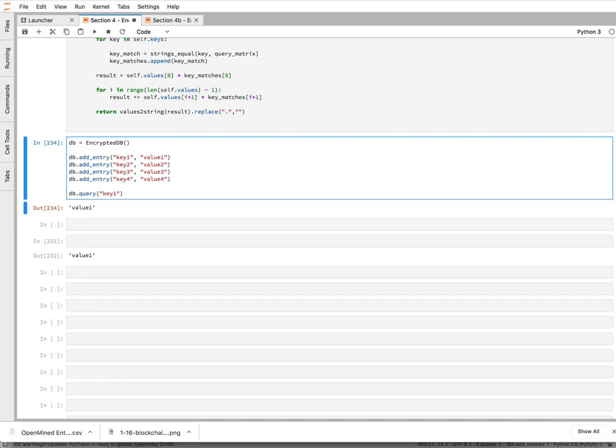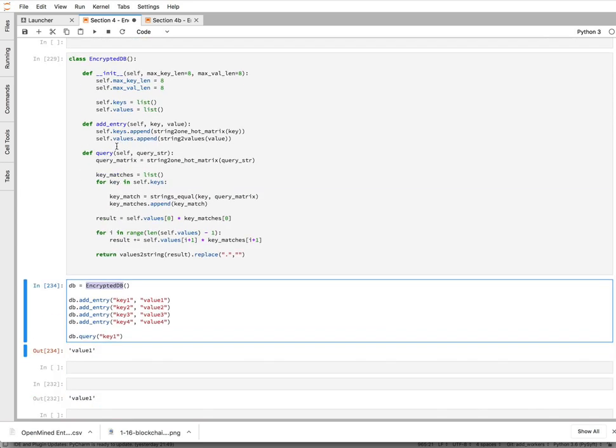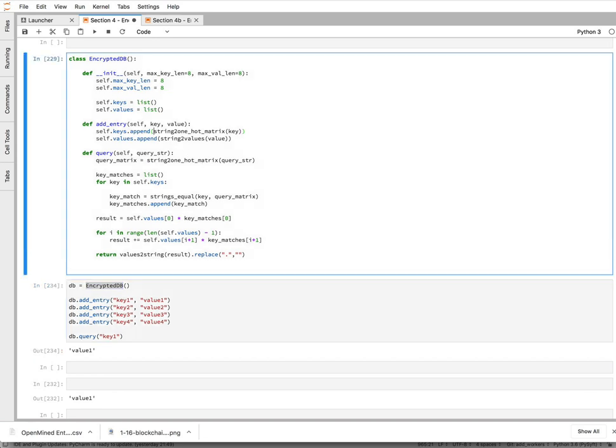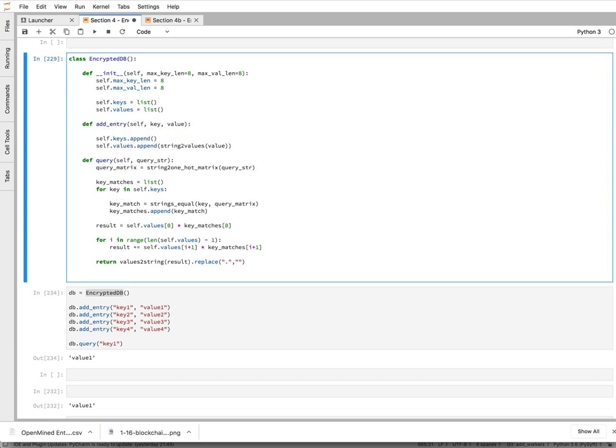this is pretty cool. This is a Boolean database, quite convenient, but this is not exactly what we originally set out to do. What we originally set out to do was build an encrypted database, which is exactly why it's called Encrypted DB. But all the operations that we've done so far are addition and multiplication based using torch tensors, which means that we can actually cause all these encodings to be using